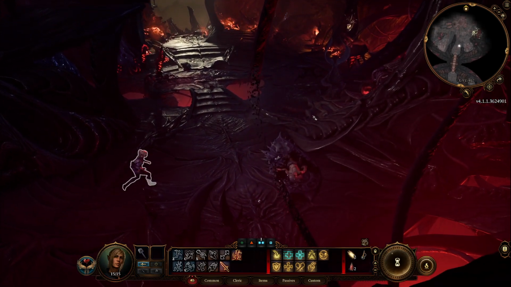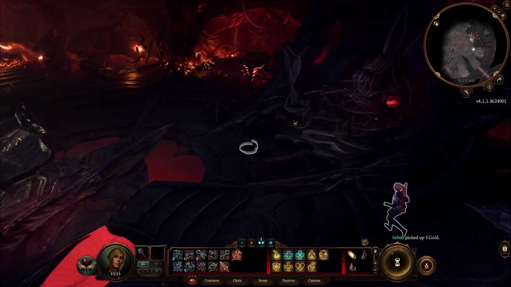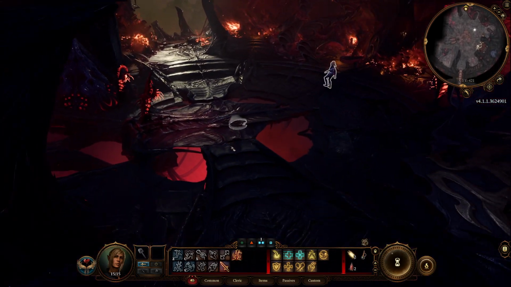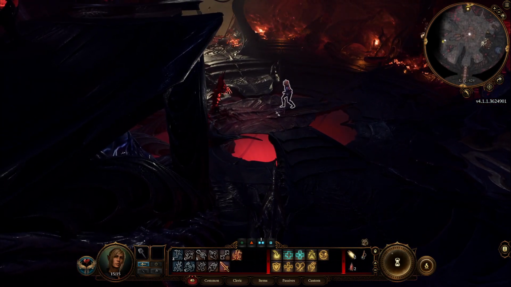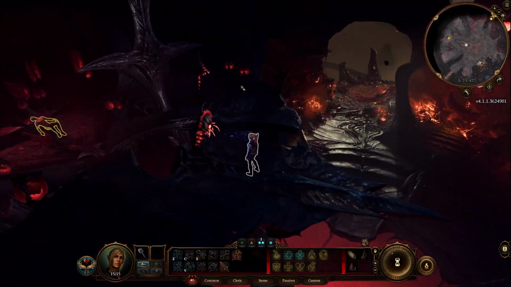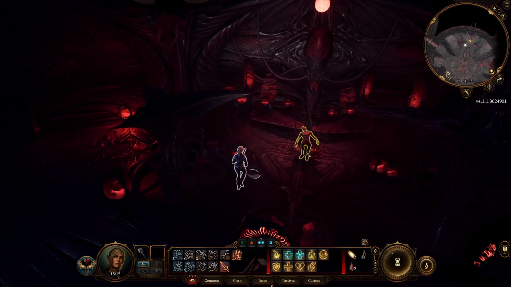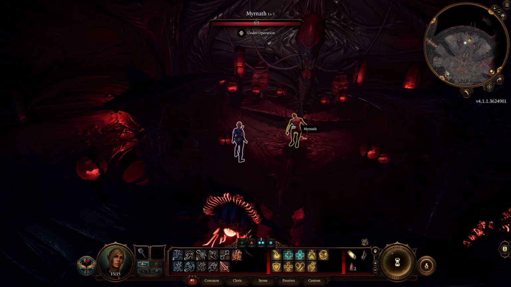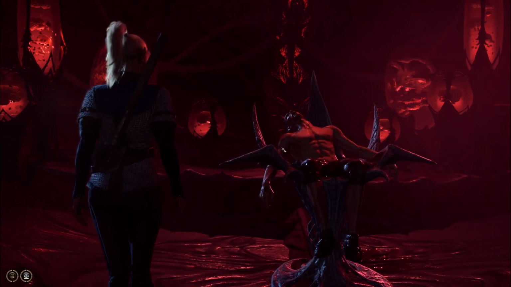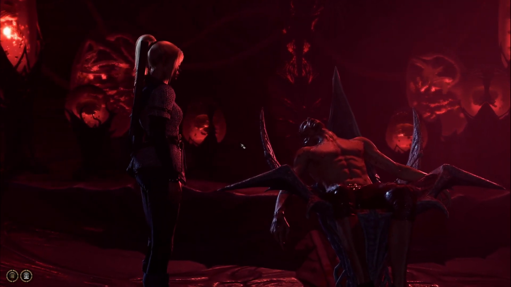Let's go rob this goblin. I think that's everything we can rob in here, so let's go ahead and go up here. We are trapped. See if we can get this person out. If we pass the investigation check, we can use medicine, and medicine is one of our proficient skills.